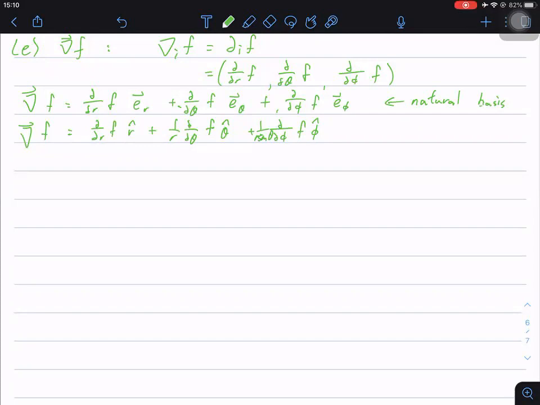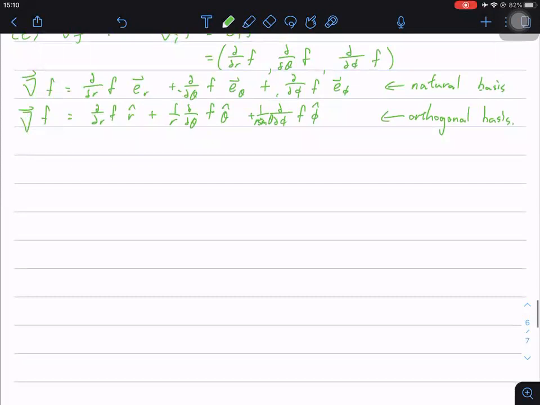But usually when we do the vector operator, we are doing it in an orthogonal basis. Okay, so how do we change it back from the natural basis to the orthogonal basis? Do you know how to do it? Okay,